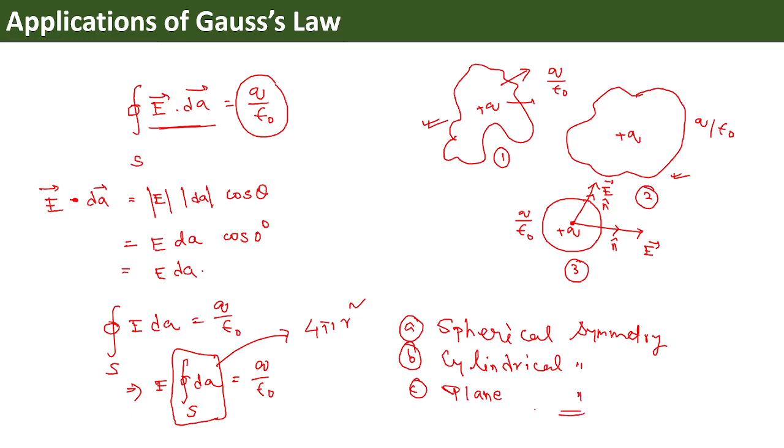All right. So in applications of Gauss's law, we shall restrict ourselves to those problems which fall in any of these three categories of symmetry. It has to be either spherical symmetry, cylindrical symmetry or planar symmetry. All right, I hope this part is clear. Now, before I go into this discussion, let us take this into a problem formulation. In today's class, I will take up two different problems.